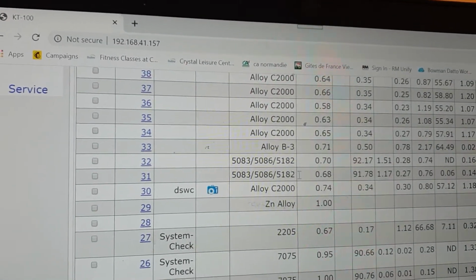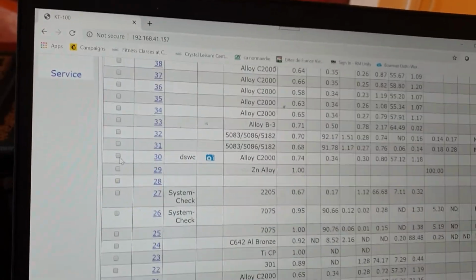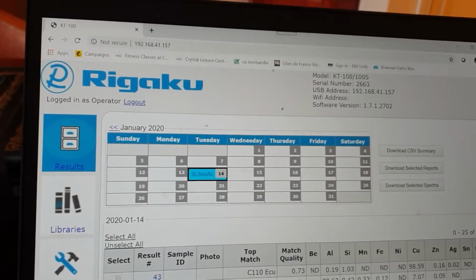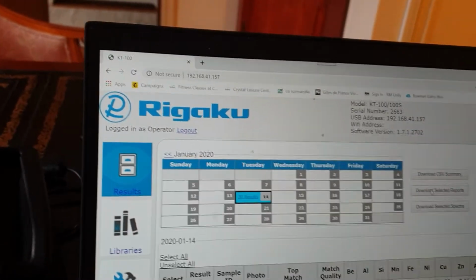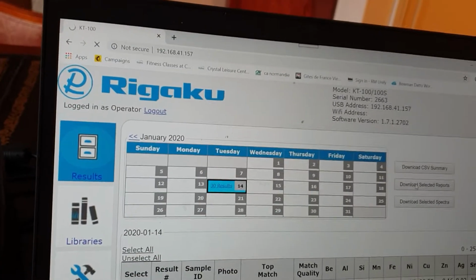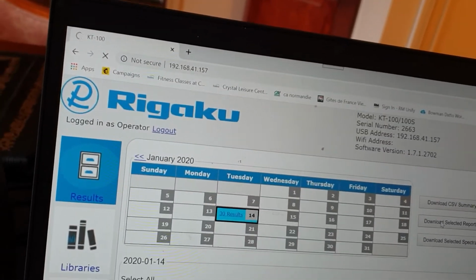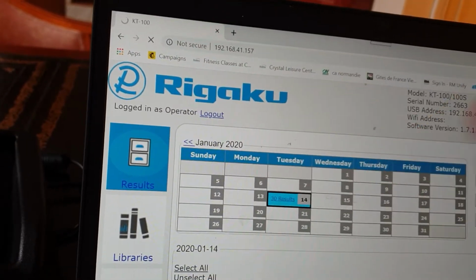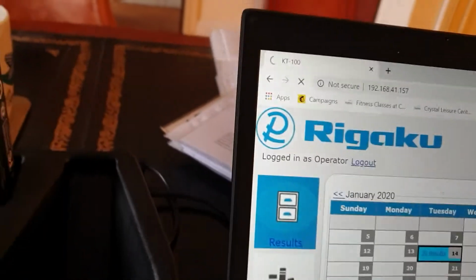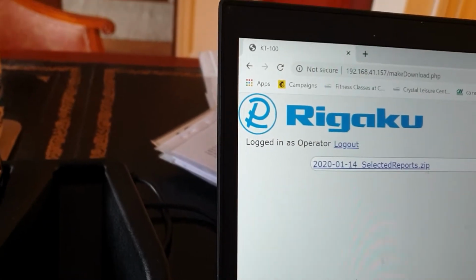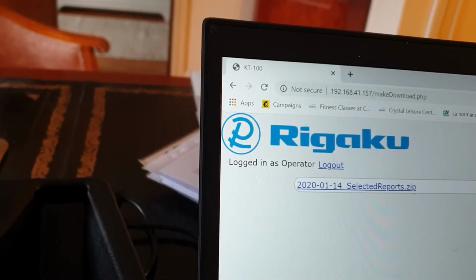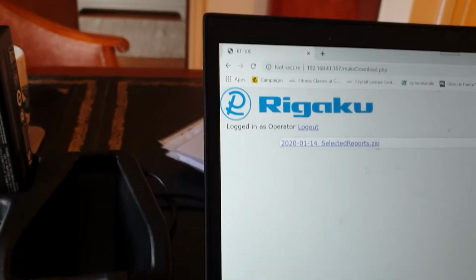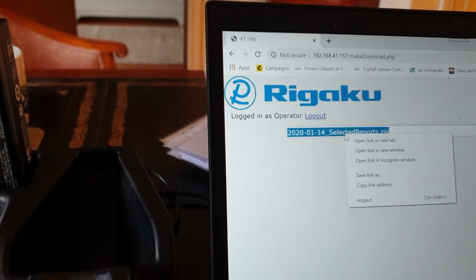Okay. So for any one of these, I can click on here, and I can say, download selected report. So all reports are stored in a computer then? No, well, actually, all the data is stored in the machine. This is acting as a reader into the analyzer. At some point it will be full of data. Yeah, 10,000. What you can do is then download the readings. Yeah. So what is created, so I'm just going to say,